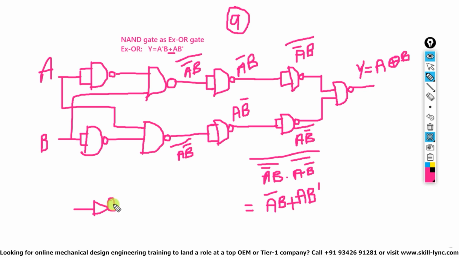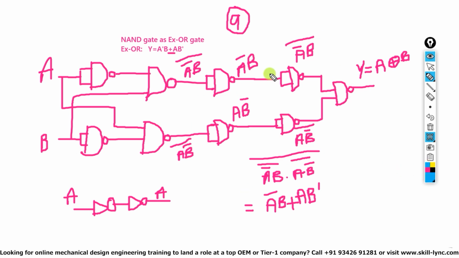And when you go through this circuit carefully, you will see that some parts are repetitive. Here we are getting (A bar B) whole bar, and here again I am getting (A bar B) whole bar. Then what is the point of taking these 4 gates again and again? Because NOT and NOT gives the same number. If it is A, it becomes A bar, and again it is A. If I am getting A, then why are we using these 4 gates?